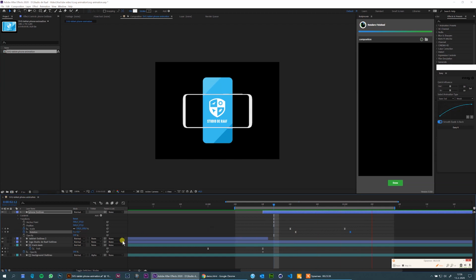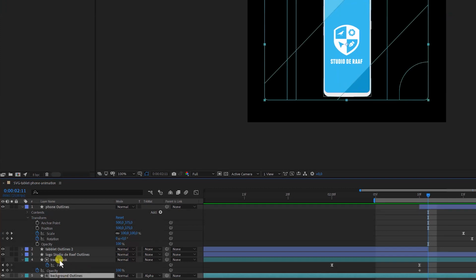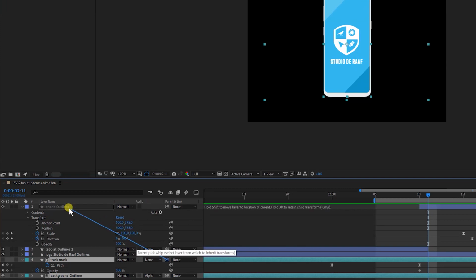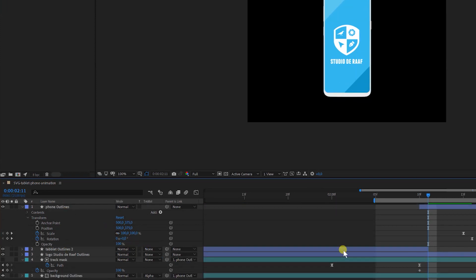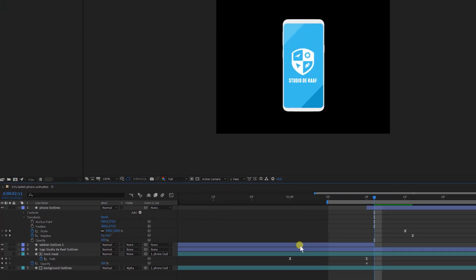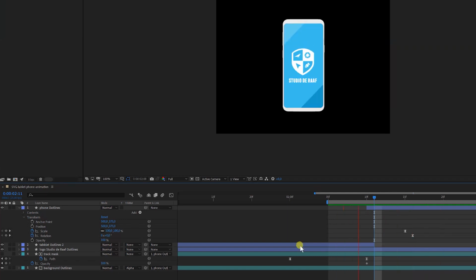The problem is the background is not connected to the phone layer. So we can do this by selecting the track mask and the background, and we're going to use this pick whip to link it to the phone outline. So what it's doing, it's following the properties of that layer. So when we press 0 now to see our preview, you can see the background and the track mask, because